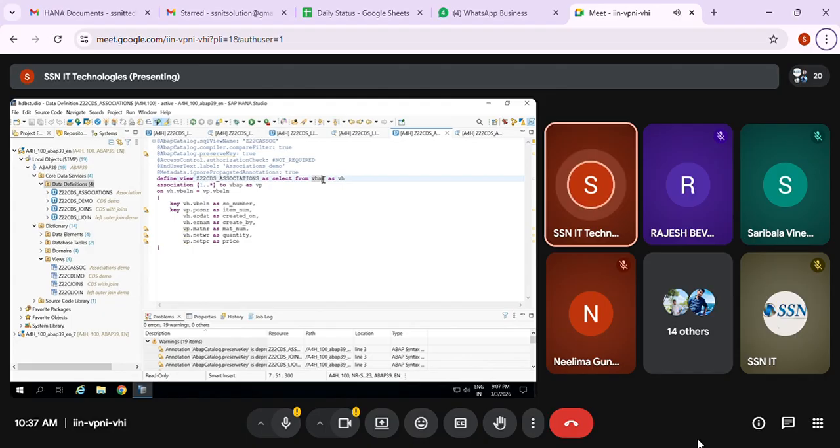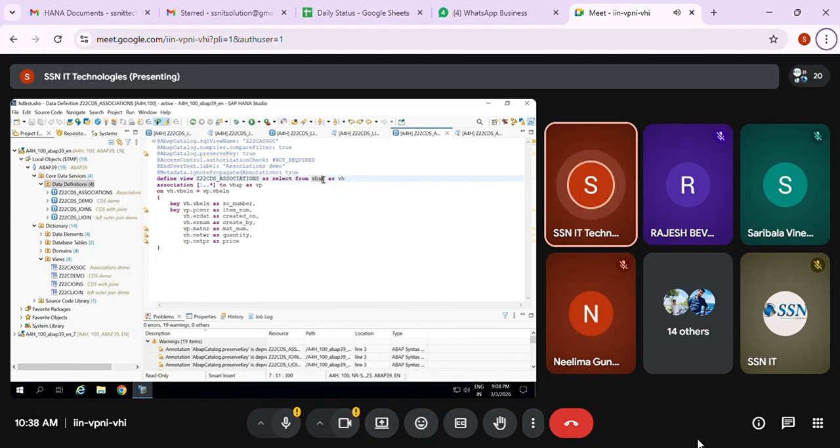Because when I'm joining 10 tables, but in my program I'm fetching fields from only three tables, the association is not going to combine all 10 tables and get the data. No. It will fetch only the three tables you write in your select statement. Only those tables it will combine and get.